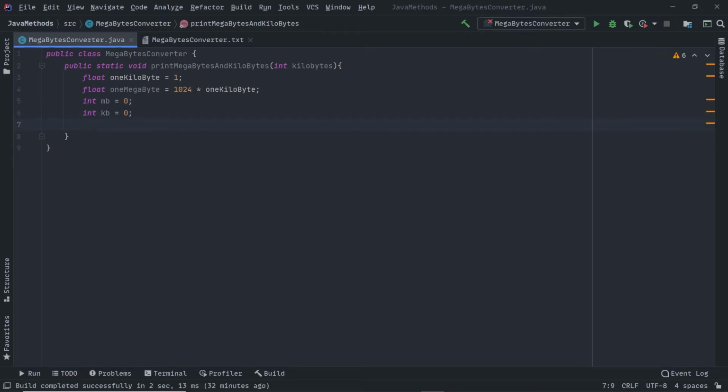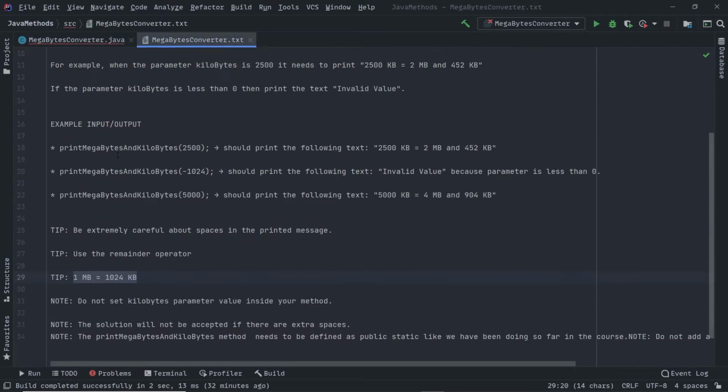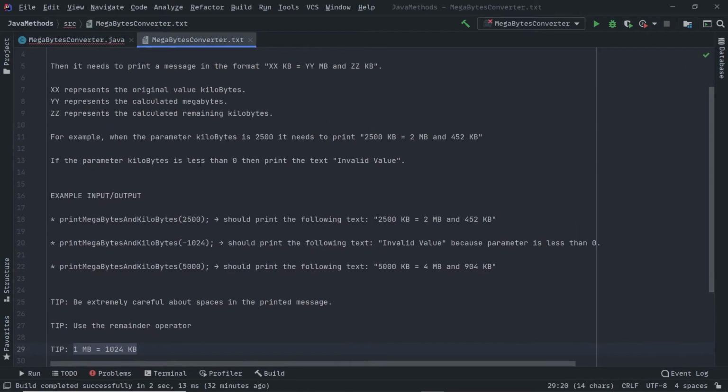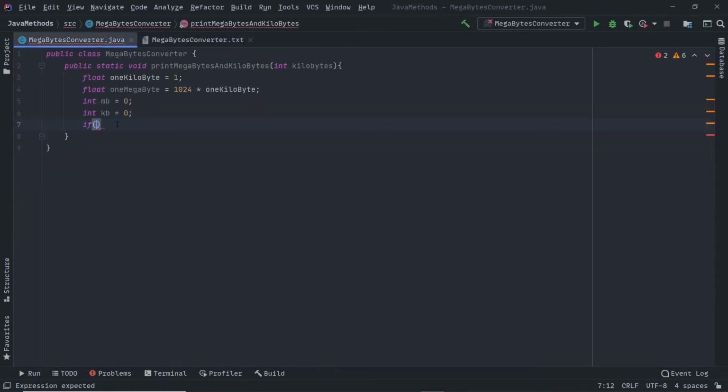Then start the if else statement. It is asking that if the parameter kilobytes is less than 0, print invalid value. So at first we will check if the parameter value is greater than 0. If kilobytes is greater than 0, then only run this block of code.